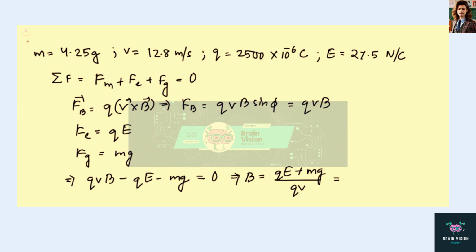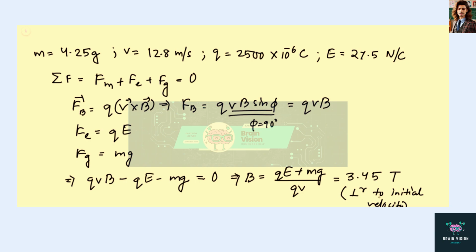We solve this using the values given in the question, and we find the magnetic field to be 3.45 Tesla, and this should be, as I said earlier, perpendicular to the initial velocity of the coin, because we already took that assumption over here. We took phi to be 90 degrees, which means B and V are perpendicular. So yeah, and notice that this is a very strong magnetic field, but it is sometimes possible to achieve it